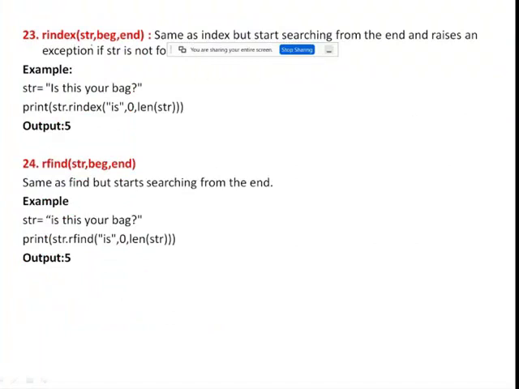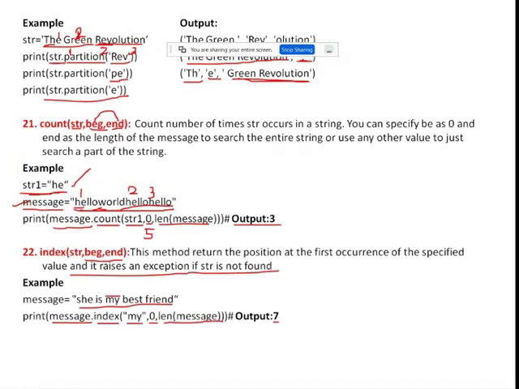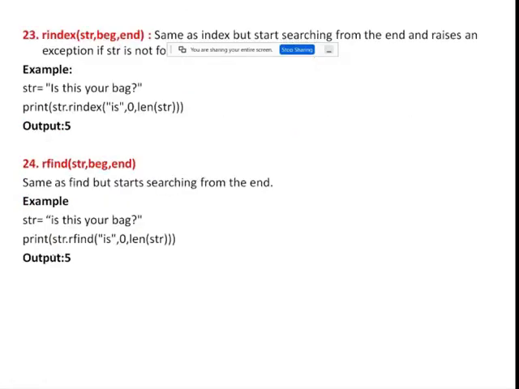So now rindex. This rindex also has three arguments: string value, beginning index value, and ending index value. This is the same as index, but it starts searching from the end and raises an exception if the string is not found. In the previous one the method name is index, right? Now the current method name is rindex. This rindex method will return the last occurrence of the given substring.